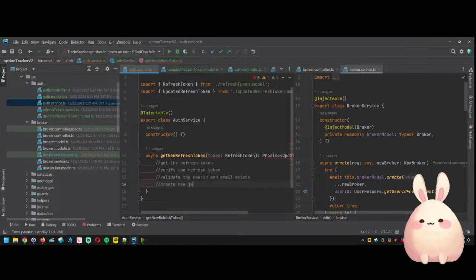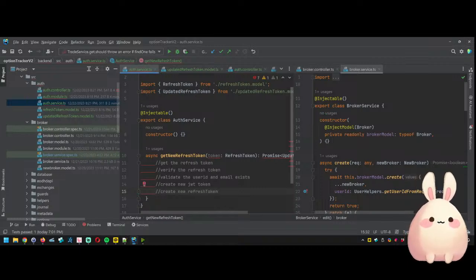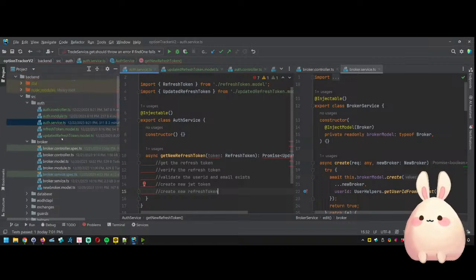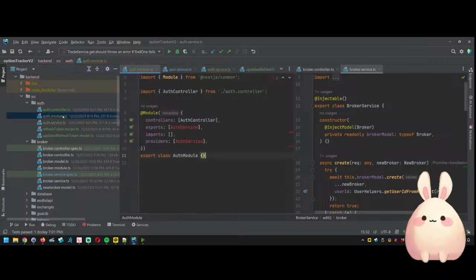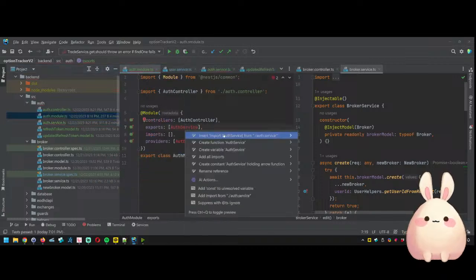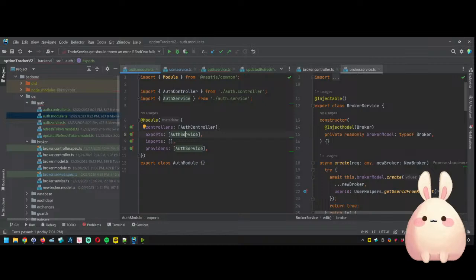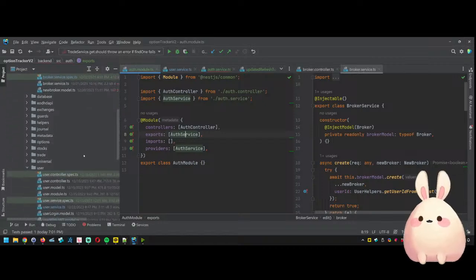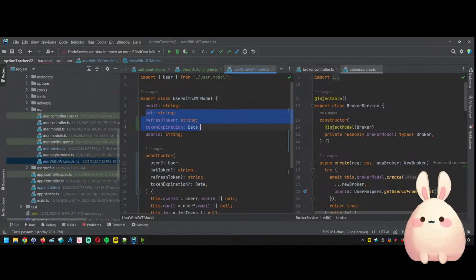Create new JWT token, create new refresh token. So to steal from what we've already done, let's come over here and import this so it stops being red. That red annoys me. Okay, so